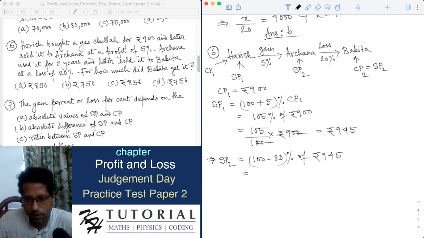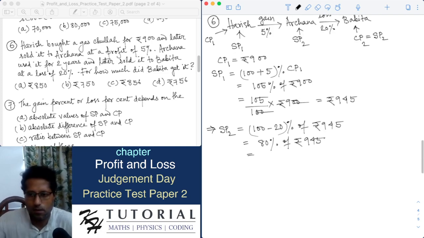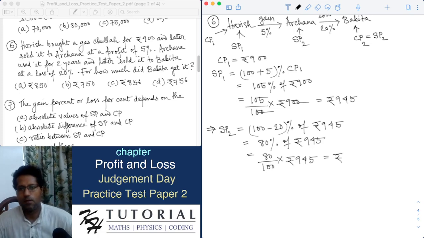So this is 100 minus 20, which means 80% of rupees 945. This equals 80 by 100 multiplied by rupees 945. This equals rupees, the 00 cancels, and